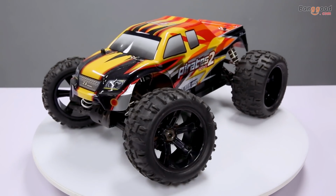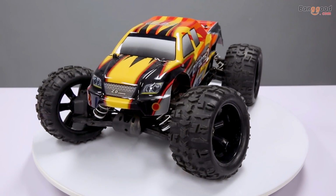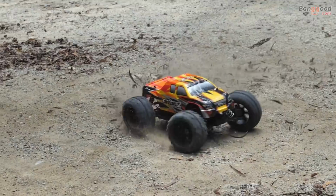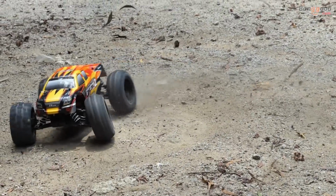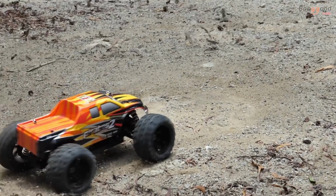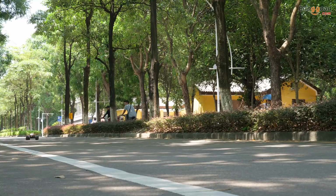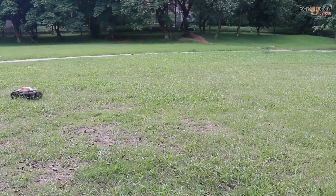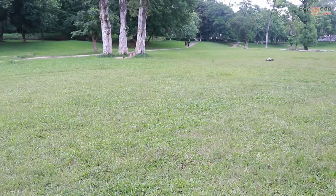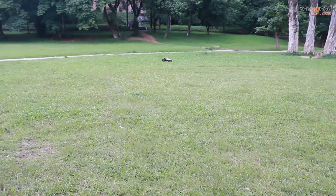I have recently gotten into the hobby of RC cars, and at first I didn't know too much about it, and also I did not realize that the RC car is a serious thing, and that is why I crashed it after 5 minutes of playing. Really fast speed, powerful motor, great suspension, strong brakes make this car an amazing toy for